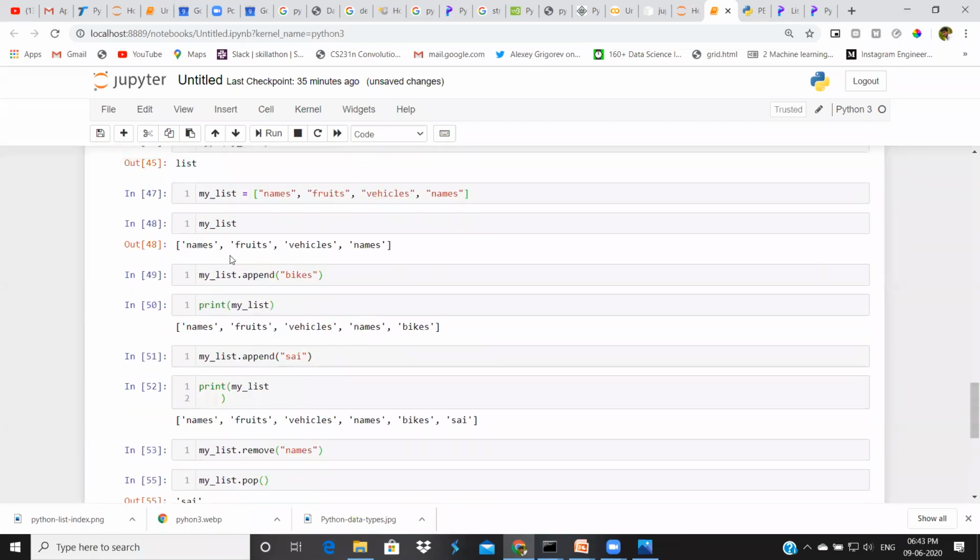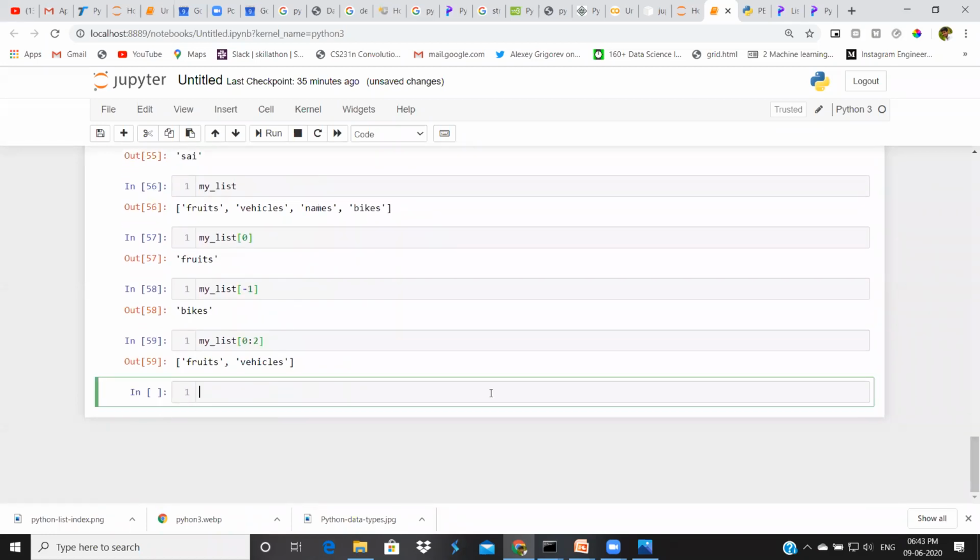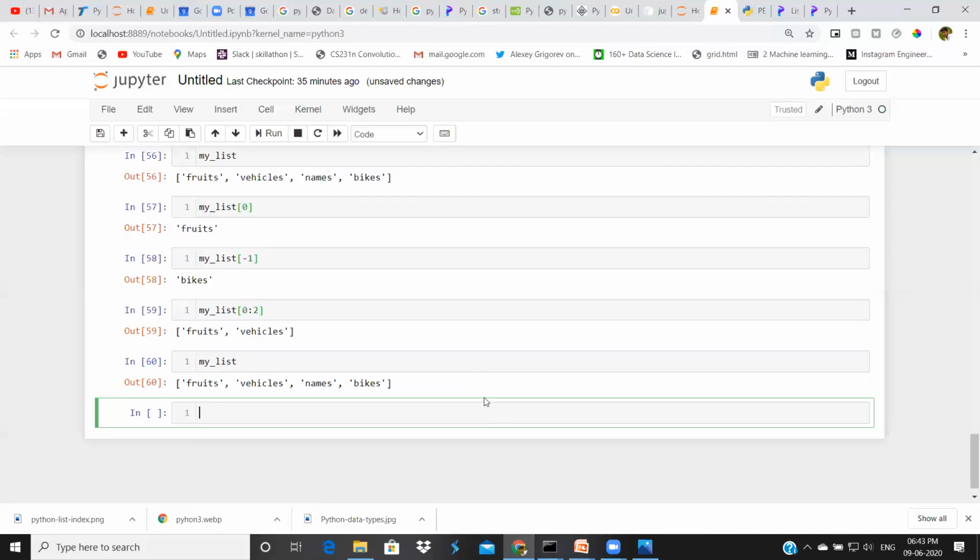These are the methods to add an item and remove an item. We can even update items as well. Suppose we have fruits here, and now I want to make it a fruit. My list of 0 means I have selected these fruits.